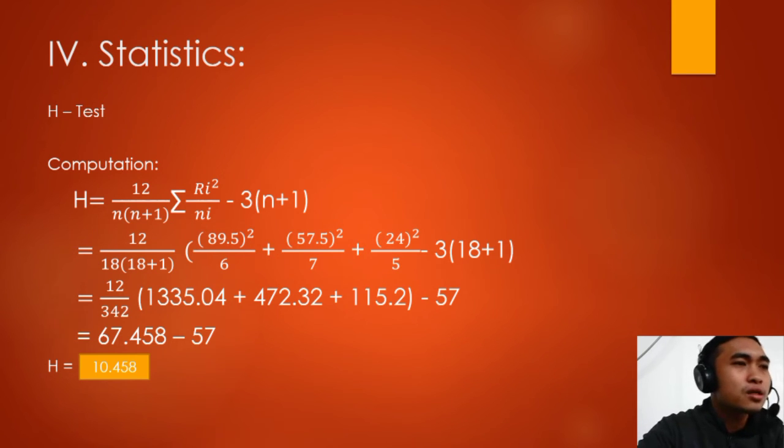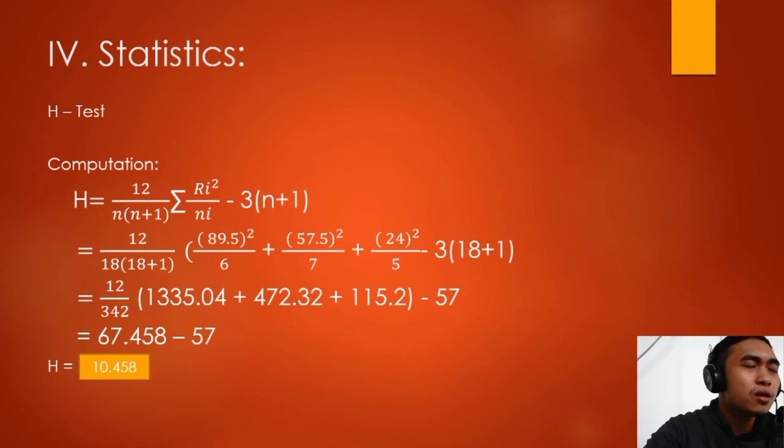So this is 12 over 18, since the total sample is 18, plus 1, open parentheses 89.5 raised to 2 over 6, since the number of observations of the rank is 6, and 57.5 raised to 2 over 7, and 24 raised to 2 over 5, minus 3, open parentheses 18 plus 1, close parentheses. And the result of this is 12 over 342, open parentheses